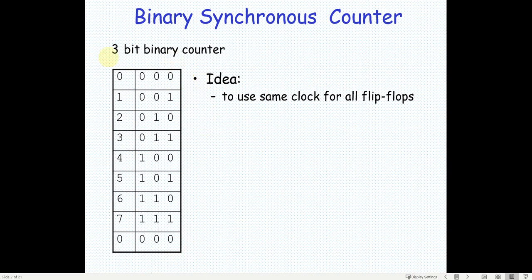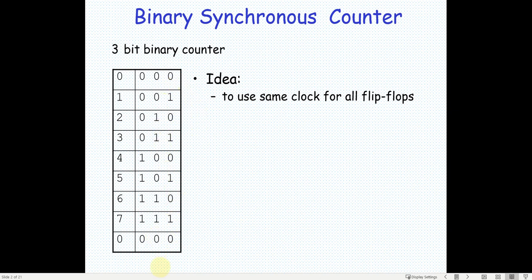Now the first one is a 3-bit binary counter. If you see here, the first bit, the LSB, goes 0 1 0 1 0 1 0 1, it's going on like that. So we can generally use a T flip flop there, right? And what about the second bit? If you see, it is 0 1, then it is 1, the two ones, then zeros, two ones, zeros.